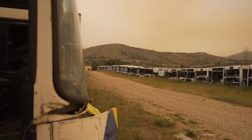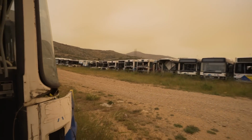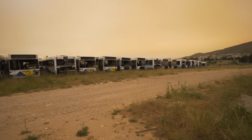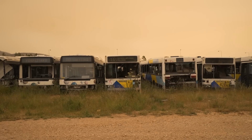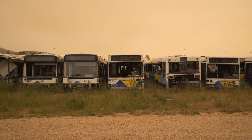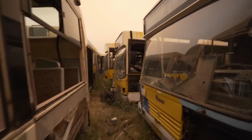So I can't go past this point. And all these buses here we can't look at, but I mean, they're pretty much the same. It's just there are so many. There's got to be at least like 2,000 here. It's mental. This is so strange, man. I don't often